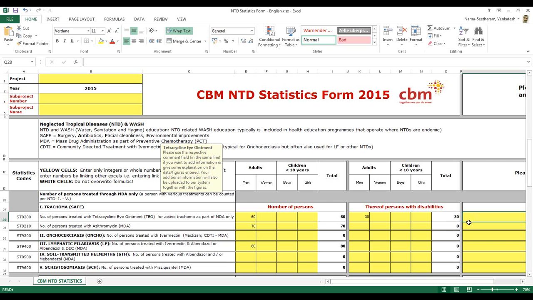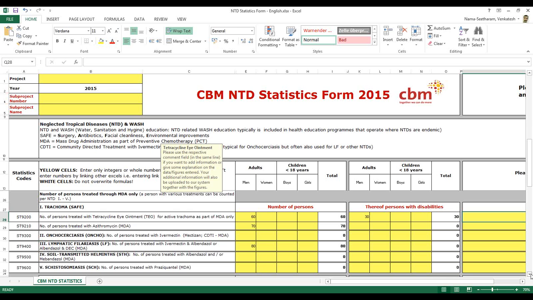So we are aware that out of these 30, there are 10 which have been counted as person with disability because of this reason. Okay, thank you. I will send this email with a copy to you, and eventually they will help us.